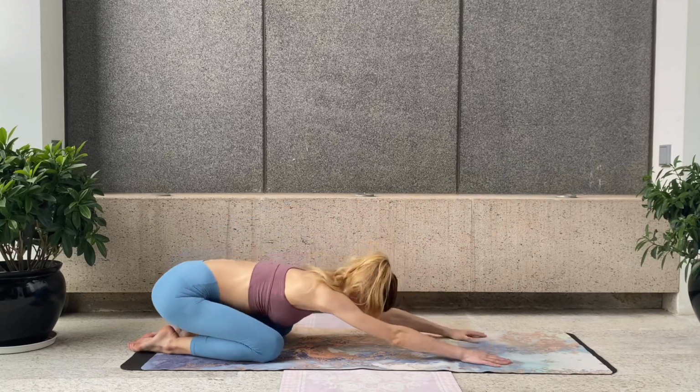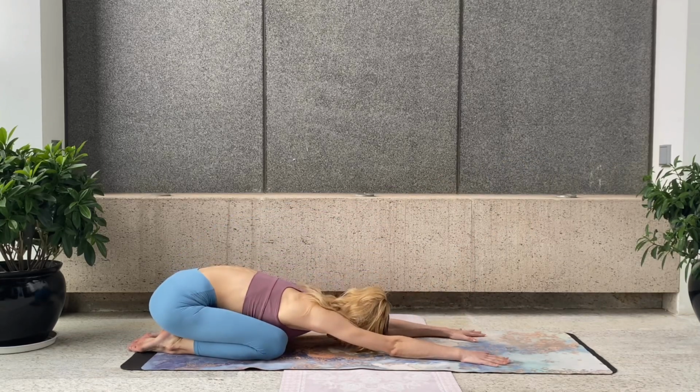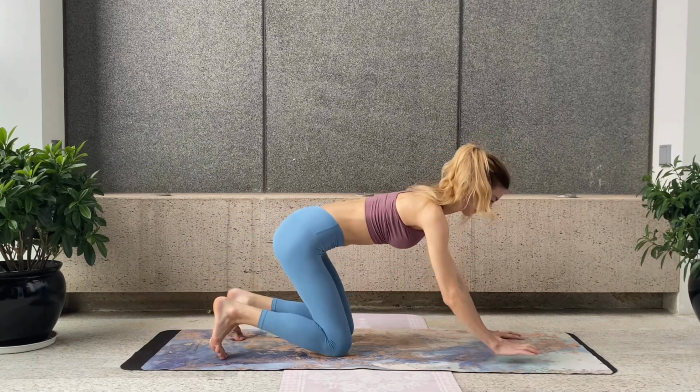And push back to child's pose, sitting on your heels, your knees slightly apart. Reaching your arms forward, letting your forehead rest on the ground. Just take a moment of rest here. Then come back to all fours